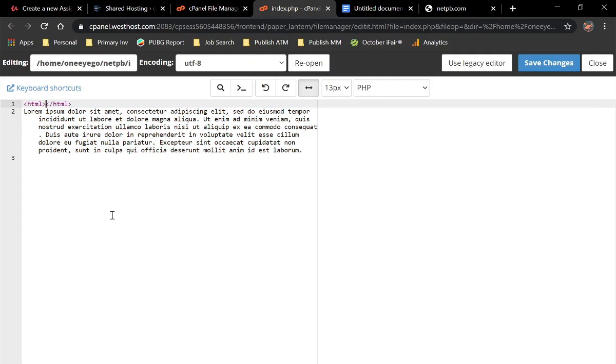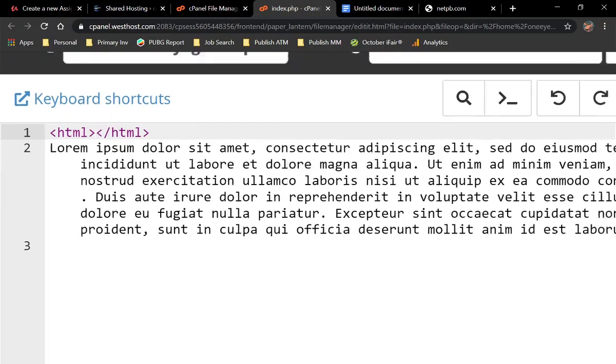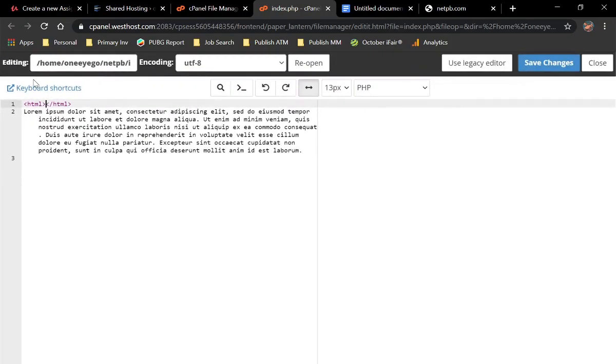Now you'll notice right off the bat two things. The color has changed. If I zoom this in a little bit, it's colored differently. It's not black. This is syntax highlighting, and I mentioned that in the debug strategies. So this editor has syntax highlighting, and it'll change the color for you, and that's a tool that we can use later for debugging and